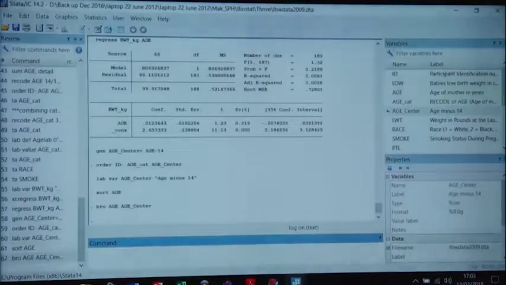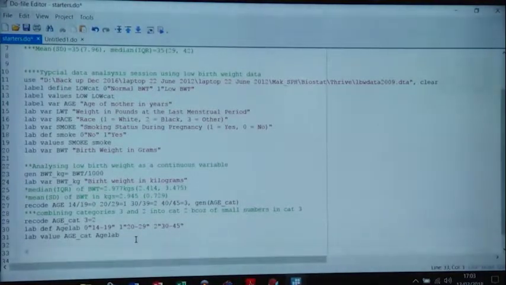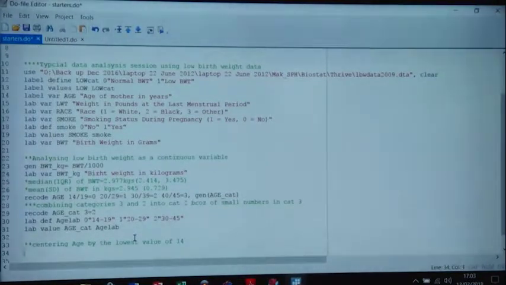Now I set this model again, and I set grace. First of all, what should we have put in the do file before we center this variable? We generated a new variable. And so we should have come here and put, annotate, centering age by the lowest value of 14. Okay? Then we do,